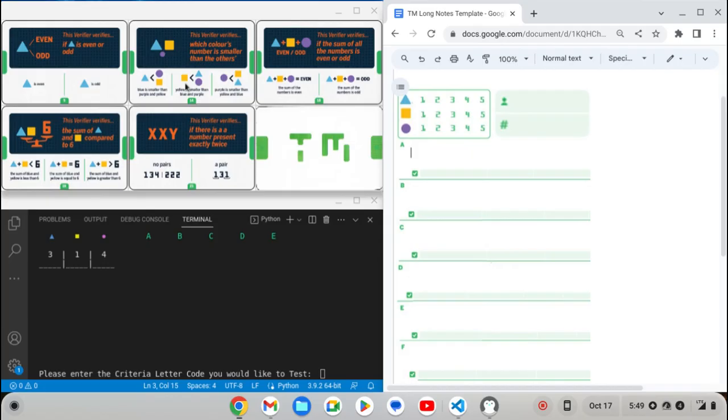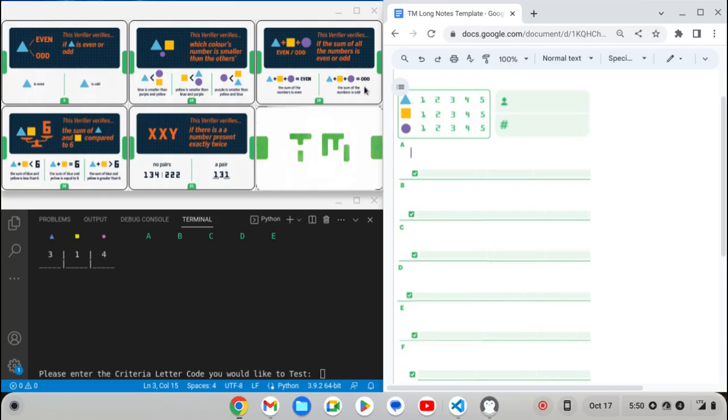Criteria card B will take a look at our 3 digits, triangle, square, and circle, and the Turing Machine will let us know which one is the absolute smallest. So should triangle be the smallest, should square be the smallest, or should circle be the smallest? Criteria card C again takes a look at our 3 digits, but this time it'll add the digits up, and the Turing Machine will let us know whether the sum total is an even quantity or